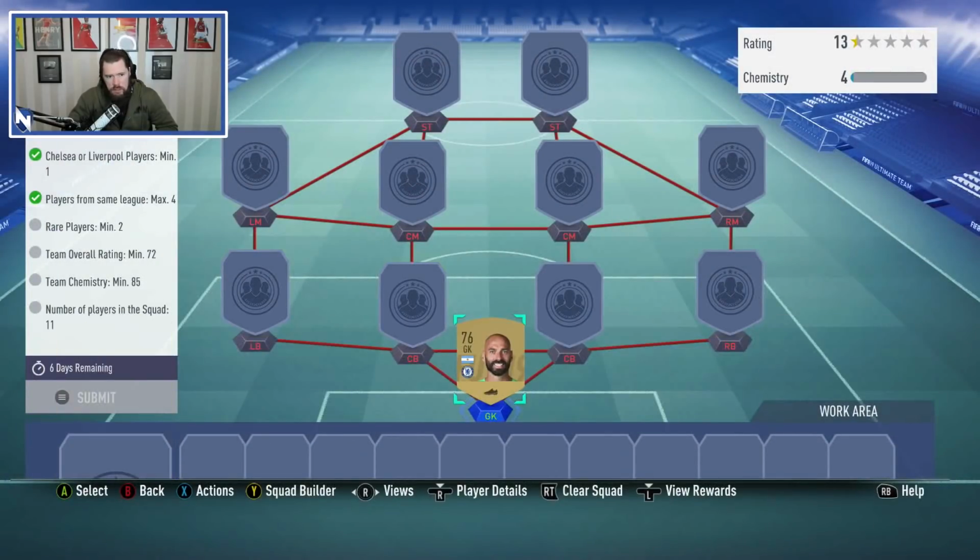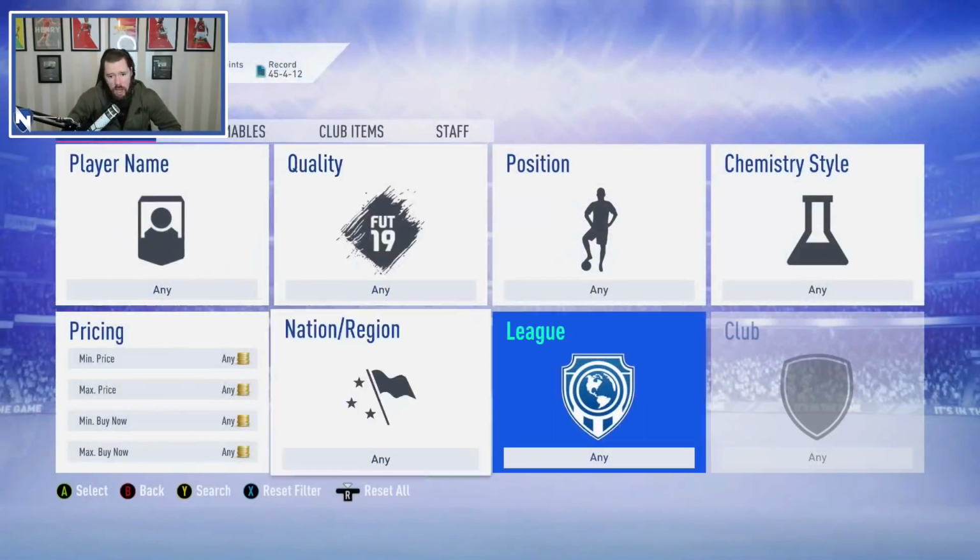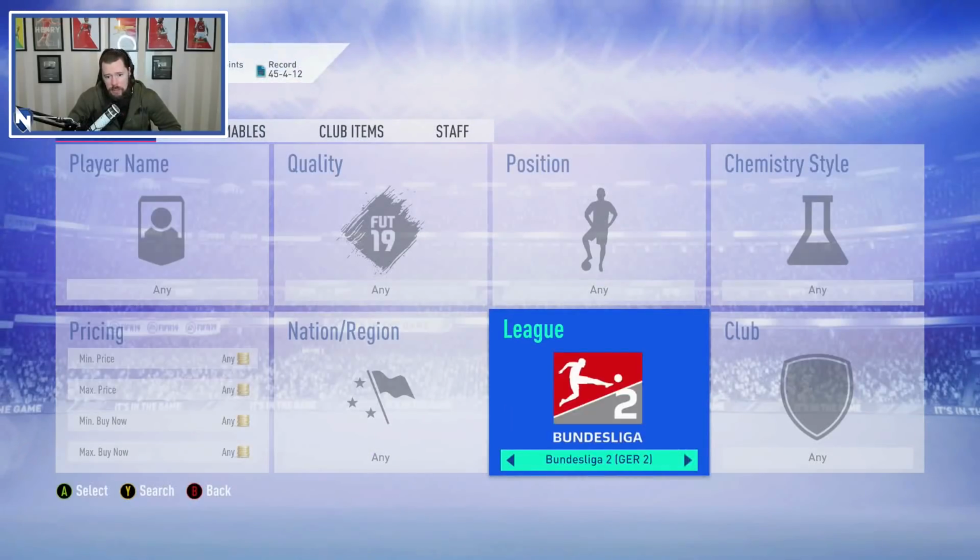That's one done. Now, after this, we need a 72 rated squad that has 2 rares. So you can get away with using silvers and bronzes in this team. And you don't even have to use a single other Premier League player. So at this point, guys, go to your minor leagues or your major leagues with the low rated players and just find them instead. I know for a fact that if we went to, for example, Germany,